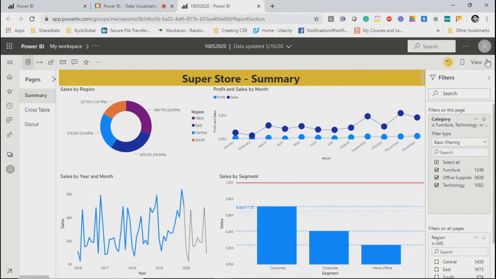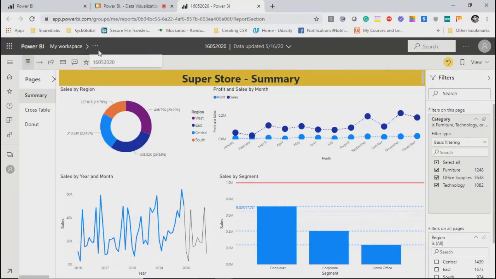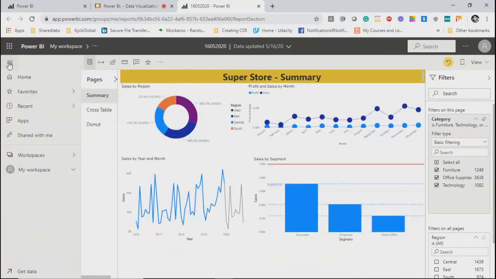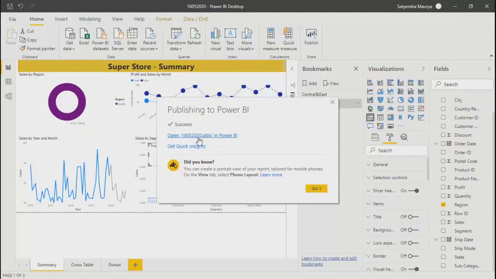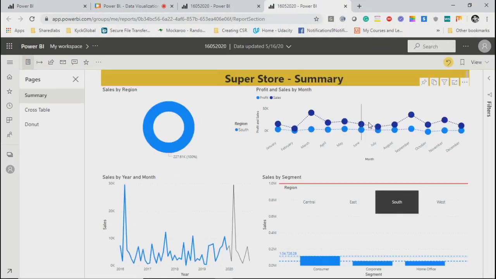Over here, where do you see the bookmarks? Do we have bookmarks here? Okay, we'll see. Let's deploy this. Okay, so it is published.